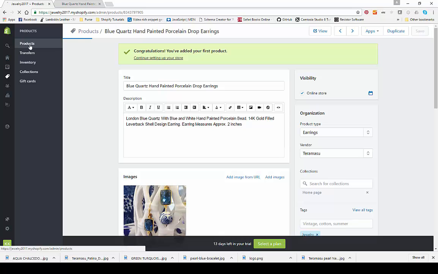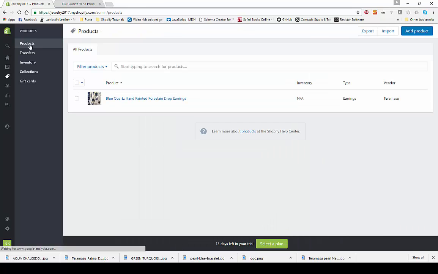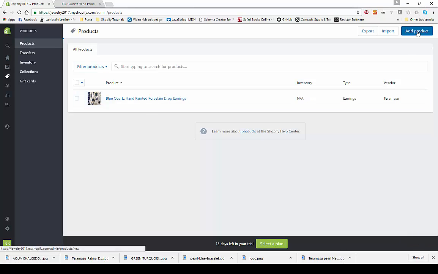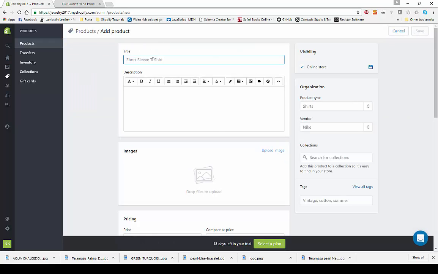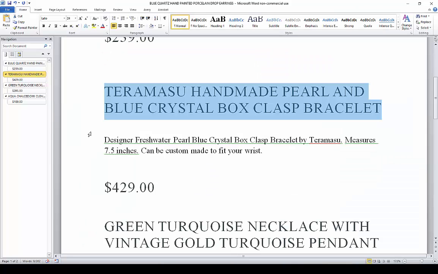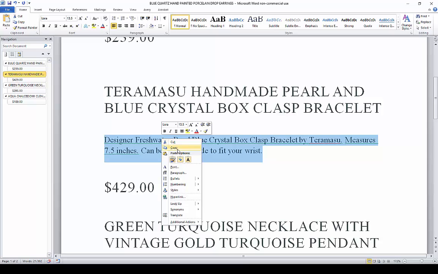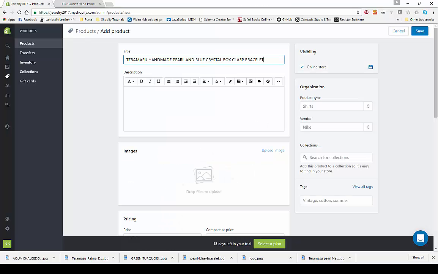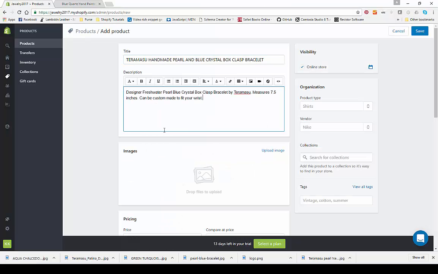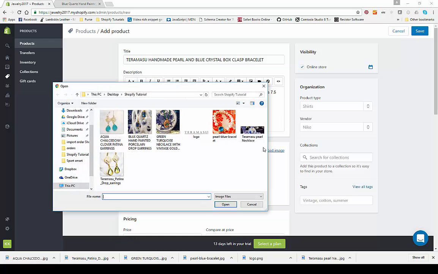So if I click back on products here, this will take me back to all my products. So I only have one product. I'm going to go ahead and really quickly create a couple more products just so we'll have something to work with here. So I'm just going to add a product here in the upper right hand corner, and then put my title in, put a description in, upload an image,